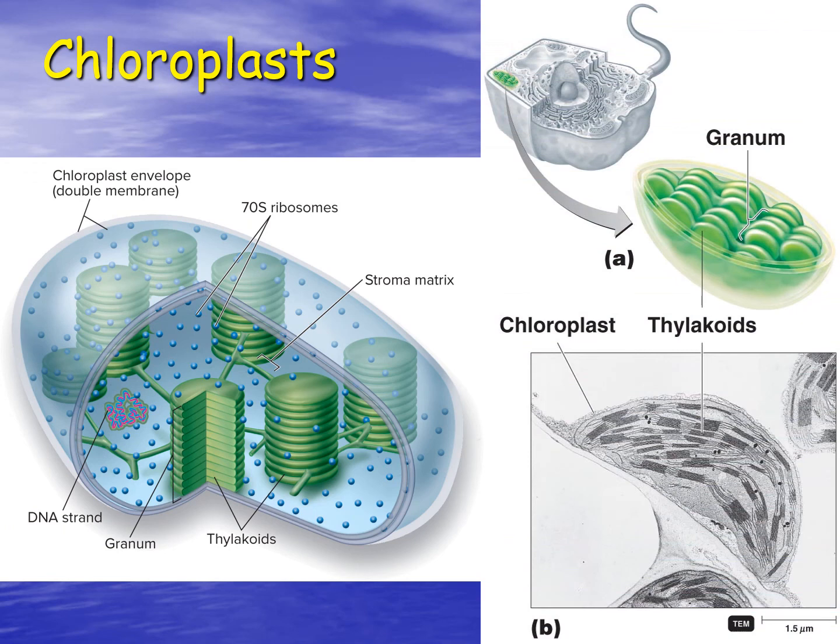This is just showing the structure of a chloroplast in a eukaryotic cell. We have stacks of what we call thylakoids, in what's known as the granum, which is the stack of these thylakoids. And this actually winds up forming a double membrane, similar to the mitochondria. So we have an outer membrane and the inner membrane of the thylakoid. And this is where we're going to see that chemical energy produced from the light energy of the sun. Chloroplasts also have 70S ribosomes and their own circular DNA.